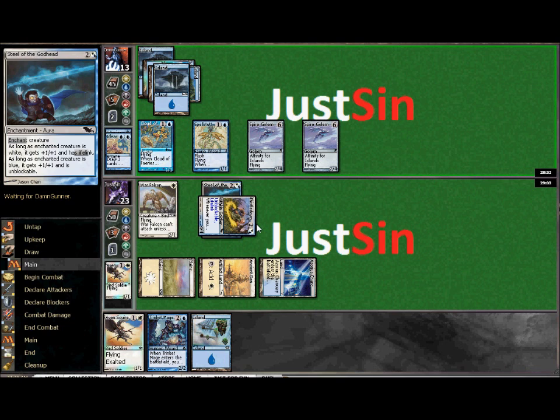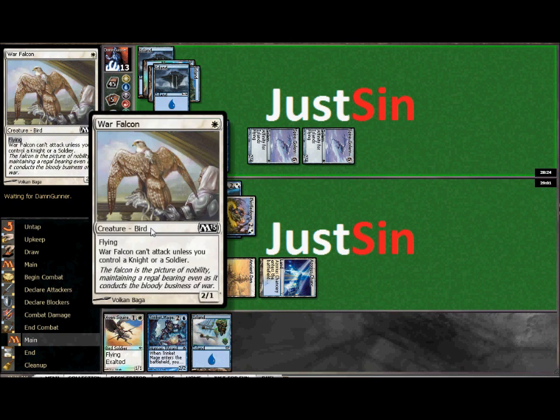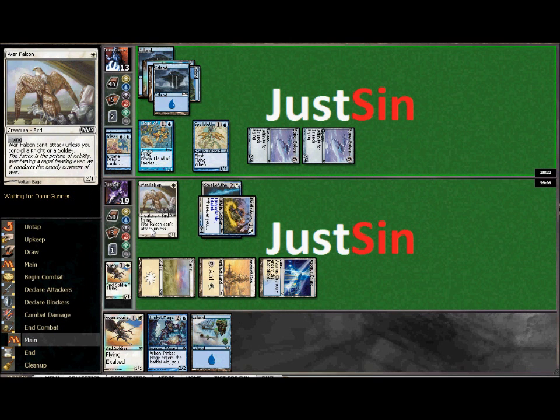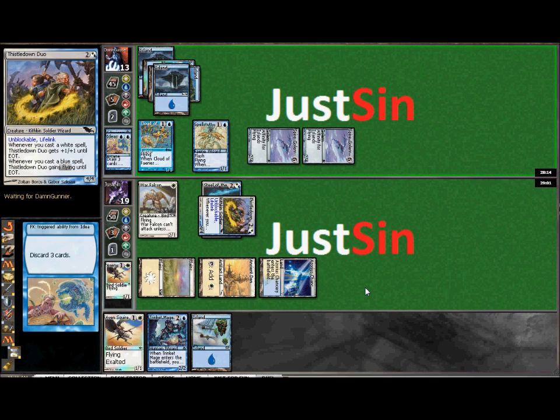It becomes a bit of a race here. He's going to be able to swing for 4 every turn with these Spire Golems. Luckily for me, the lifelink will cancel that out on every turn because of the Thistledown Duo, unless he has an answer for it. Not going to be able to block with the War Falcon yet. I think our play next turn is Trinket Mage into Bone Splitter. Depends what he's going to do as far as...